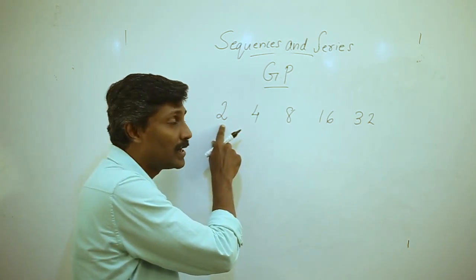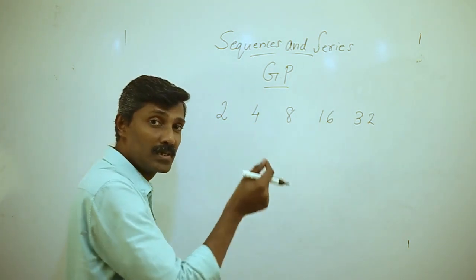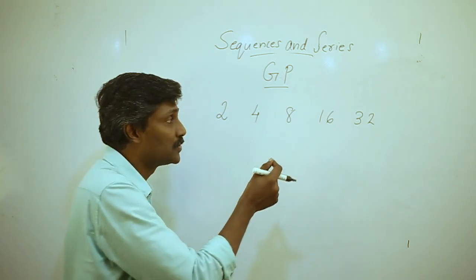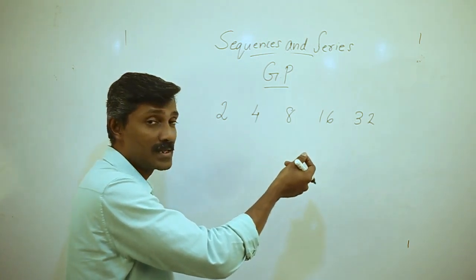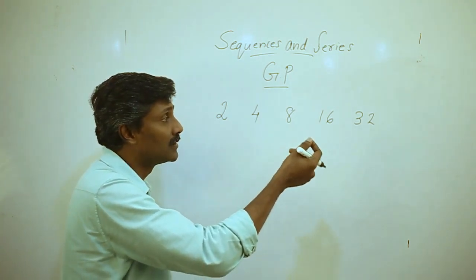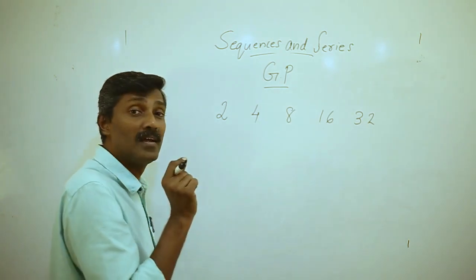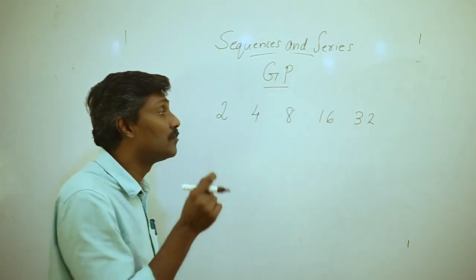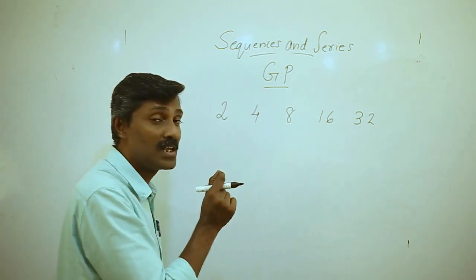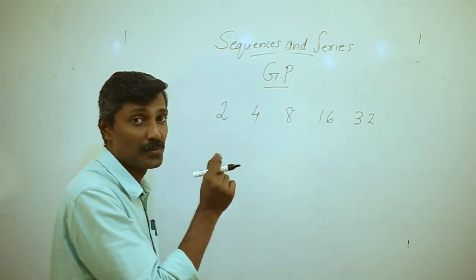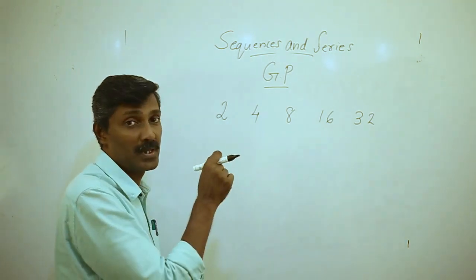2 is multiplied by 2 to get the next term. 4 is again multiplied by the same number 2 to get 8. Again you multiply 8 by 2, you get 16. Into 2 you get 32, into 2 you get 64, into 2 you get 128. So that means a constant term is being multiplied to every term to get the next term. So such a sequence is called a geometric progression, where a constant term is multiplied to the previous term to